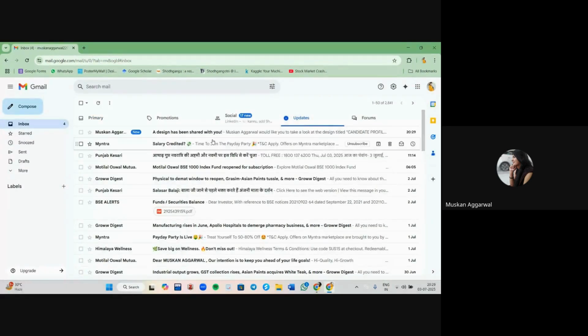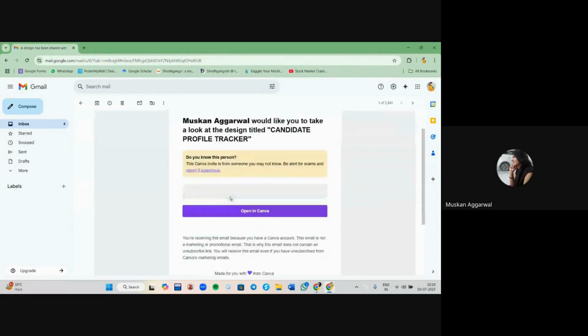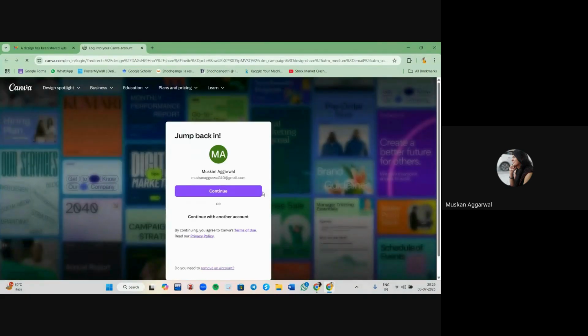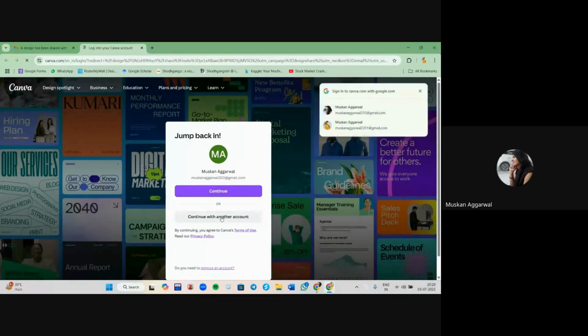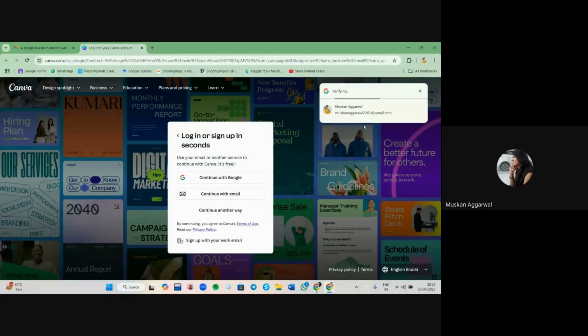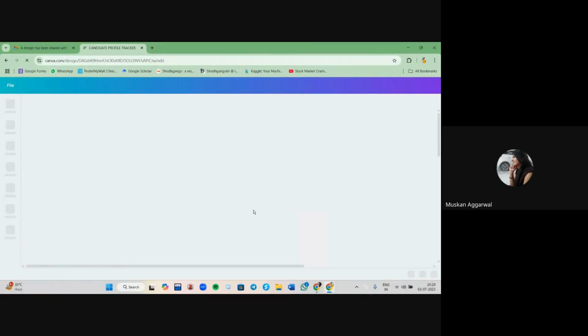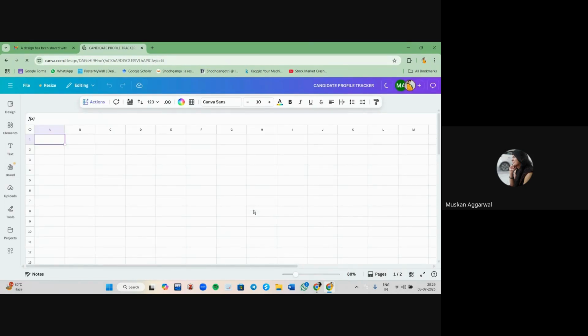See, an email to join the profile has been shared, and I have to just open it in Canva. Select the email ID which has received the invite, and you can see